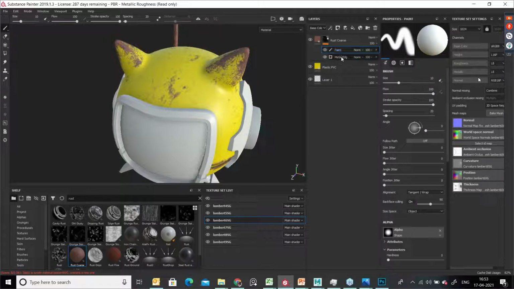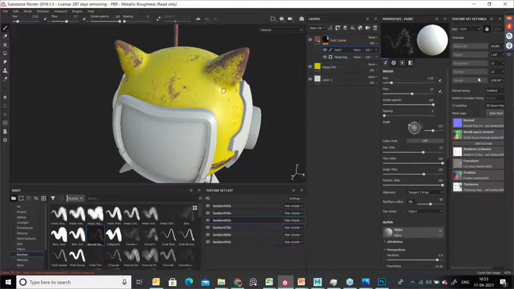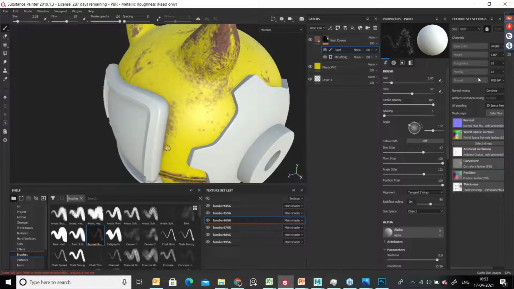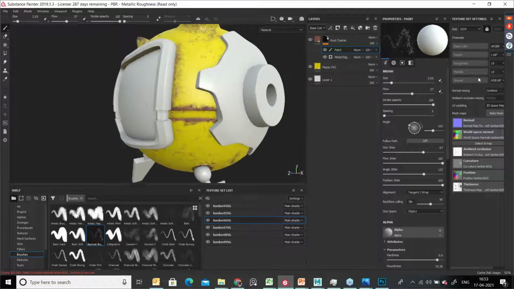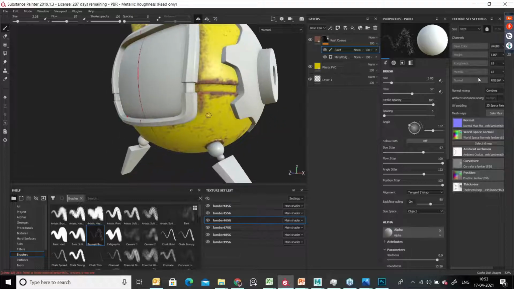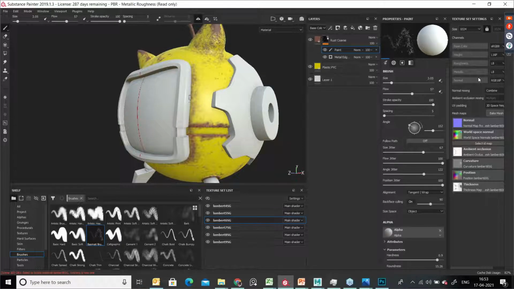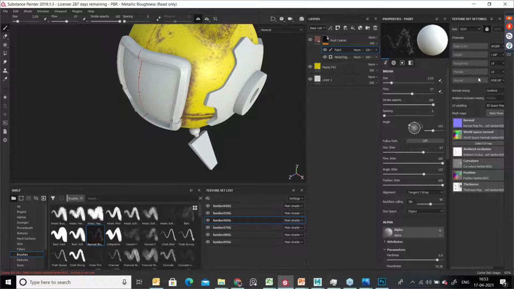So we got a paint layer and I want to apply some stroke over here to remove the paints. So you can just go here to brushes, choose some brush and try to apply. See, it's coming nice, and wherever the joints are, you can try to apply the stroke over here and switch on the L. L is the symmetry. When you apply a stroke over here, it will give an exact effect on the opposite side. Otherwise, it will take too much time to do both sides also. You can try to apply here.